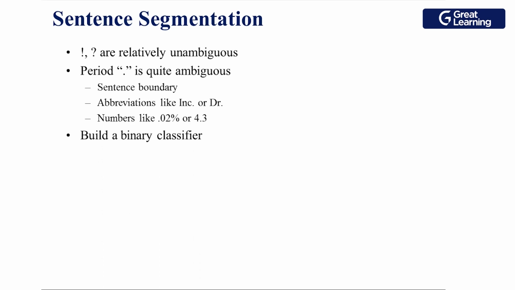How many of you know what is a classifier? Yeah. So then in that case, a classifier is basically a machine learning model. So basically you try to make some sort of rules into that model. So what could be good rules to figure out if a particular dot is a full stop